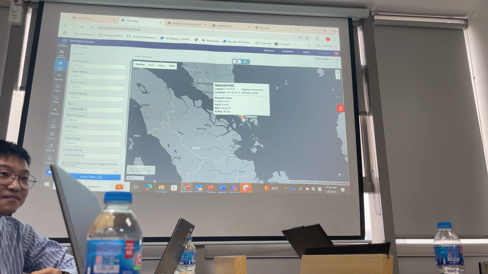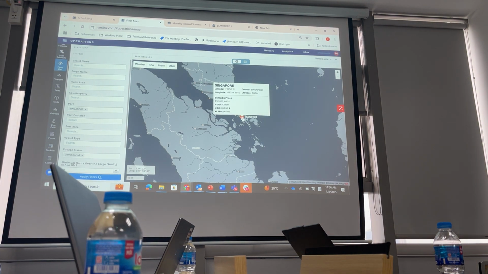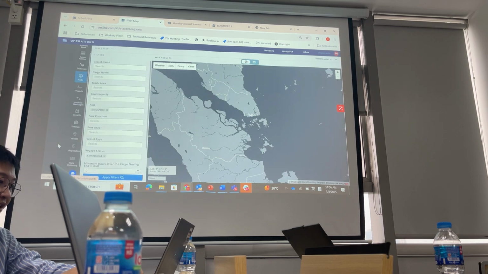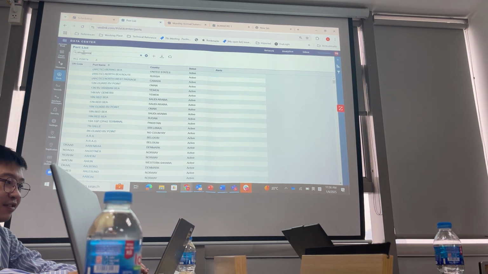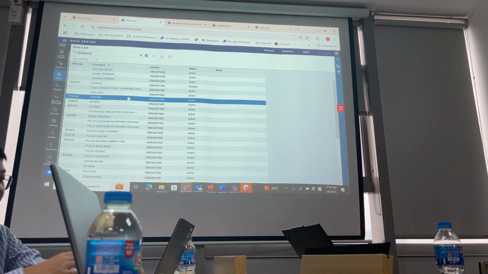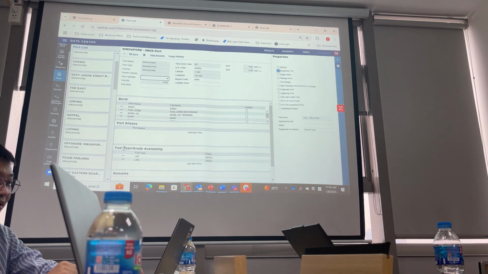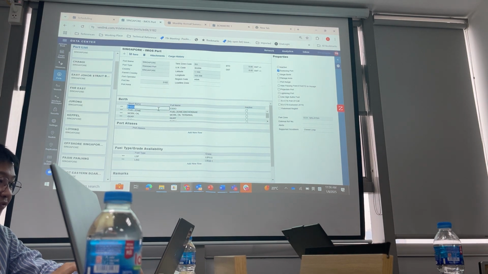So you even can get the information from the terminal at the port, right? Because you say that you can estimate the delay of the vessel at the port. Berth information, right? We also gave you all the ports information in the world, and we do give you some berth information at some level, but not everything. I must be honest, right? Let's take Singapore as example. At Singapore, we do have this berth information for you, these berths. But if you right click,